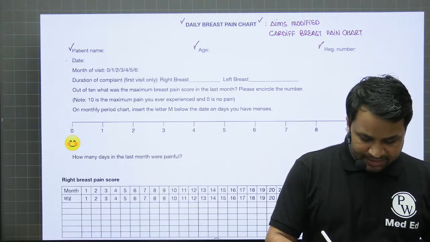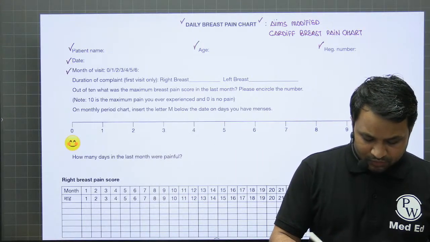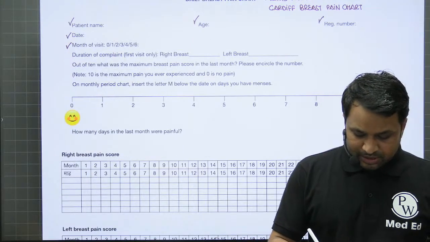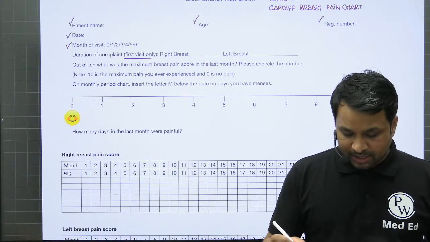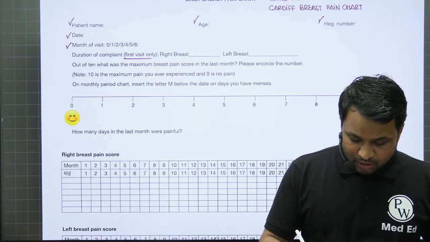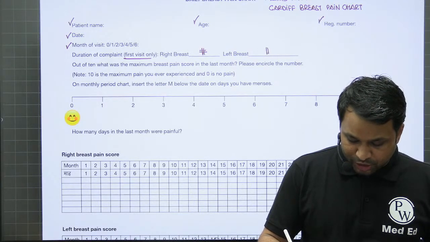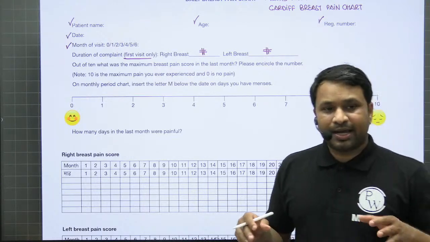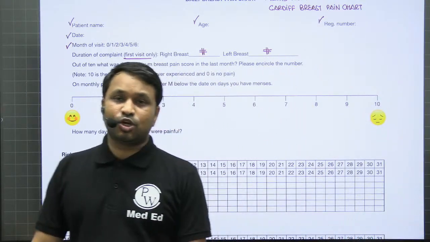Now the first date of the visit and the month of the visit, you have to mark it in this chart. Now duration of the complaint, you will see, we'll write it only for the first visit. Whether it is the right breast or whether it is the left breast, you will mention it on the first one. Okay? Now then you'll see we have something called the pain analog system,